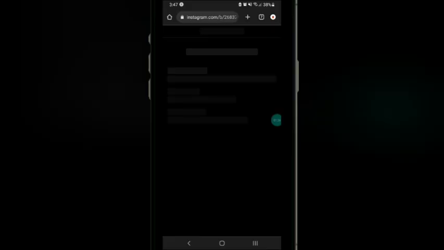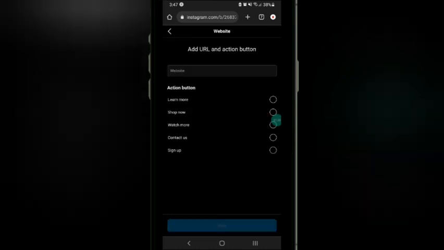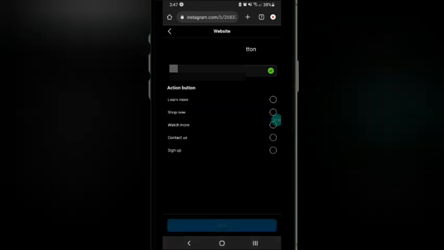Now at this interface you have to select your desired goal, why you want to place the ad. Then here I am going to paste the URL of my website, as I have selected the goal to get more traffic on my website. And once I pasted the URL, now I have to select the desired action. After that, once I have selected my desired action, I have to click on the done button or save button